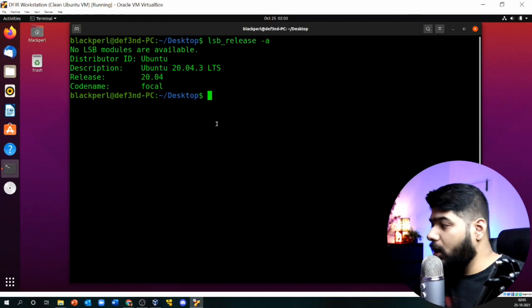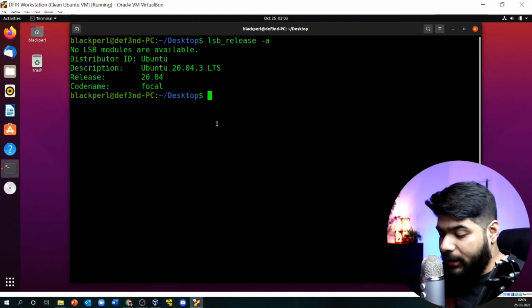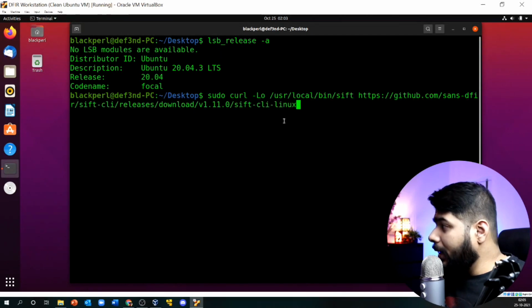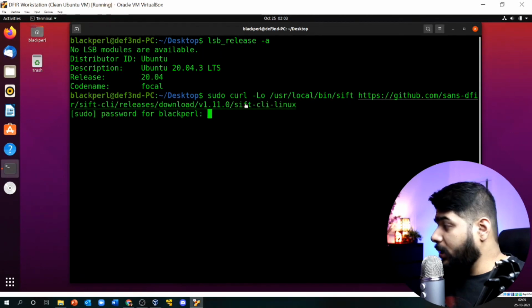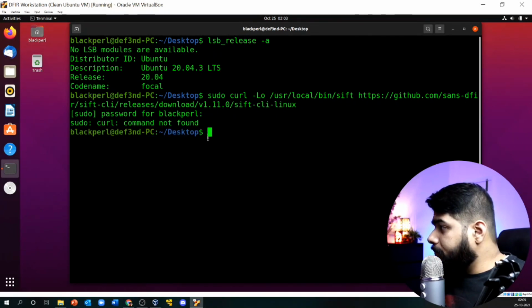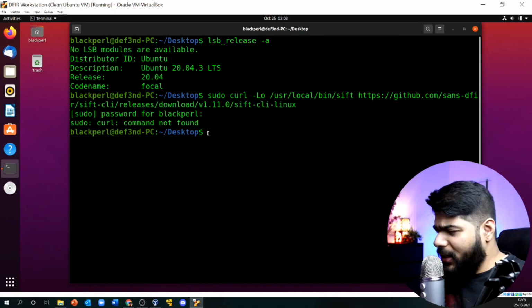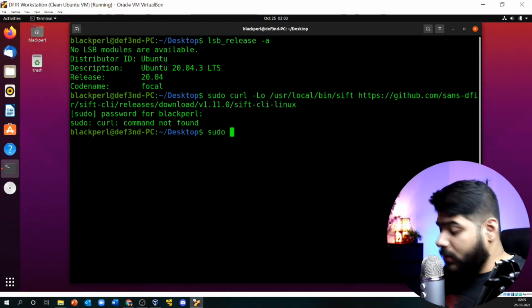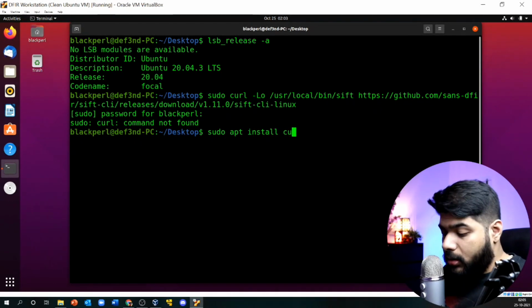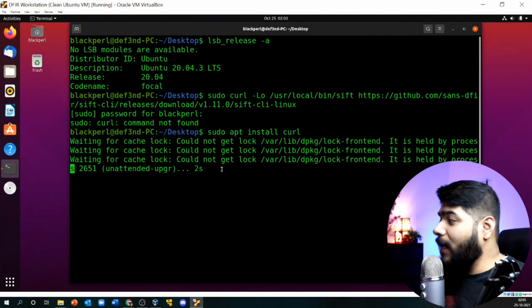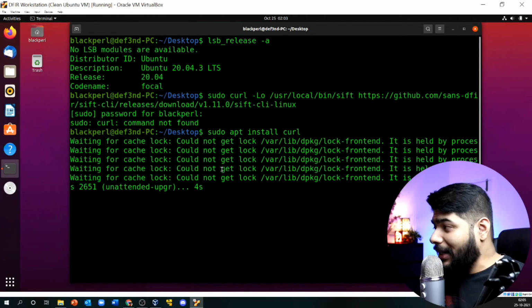This machine is brand new, I don't have anything else on it. So I'm going to do a quick sudo, then pull down that repository from GitHub. Curl not found, obviously, because it's a fresh machine, right? So sudo apt install curl. First it will install curl, and once done we will run the command again.